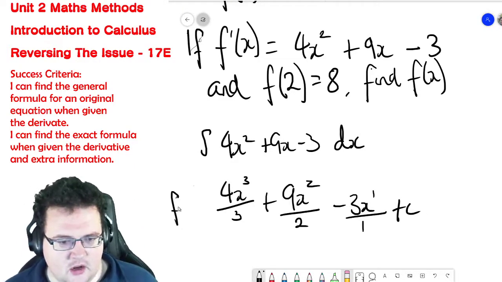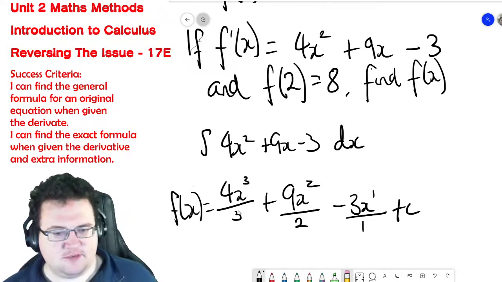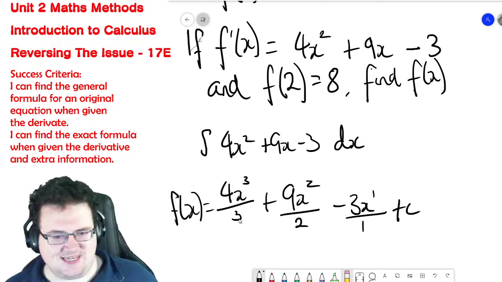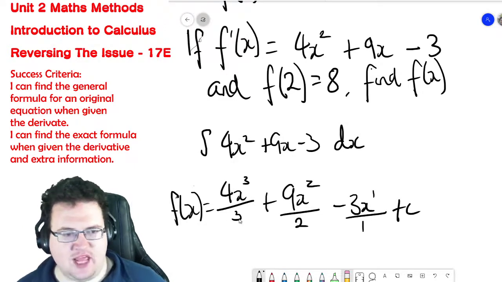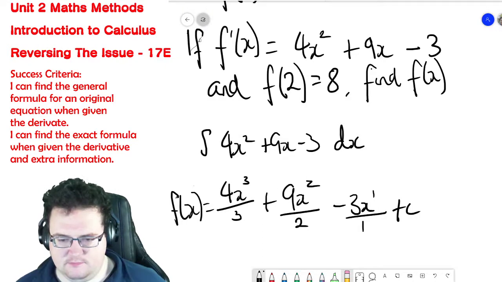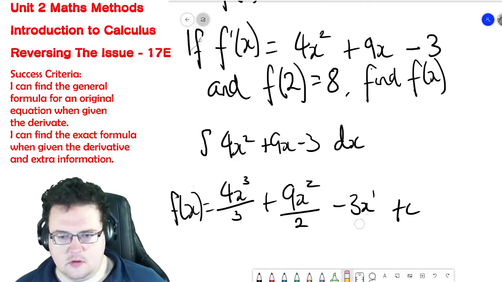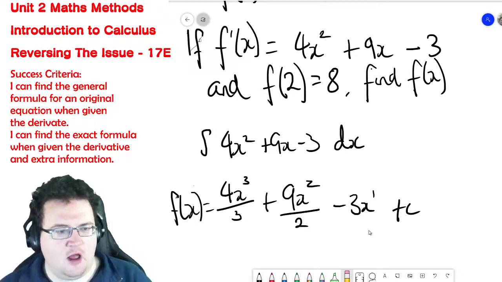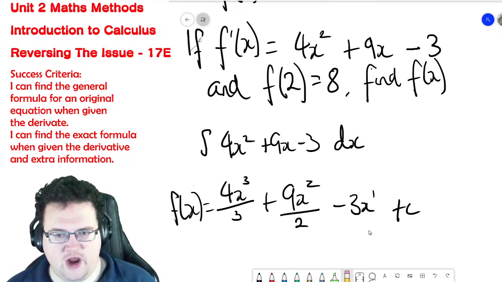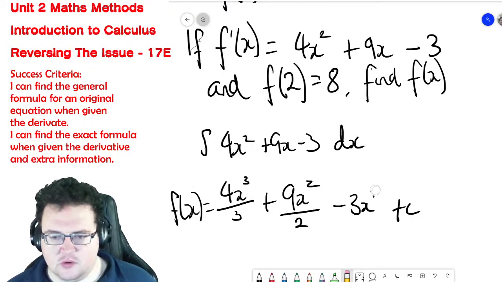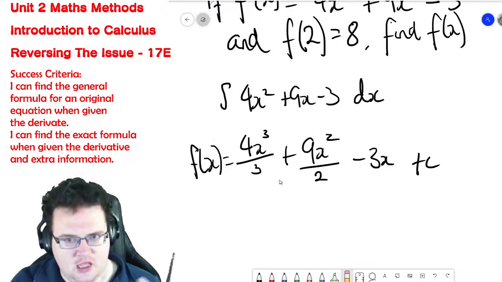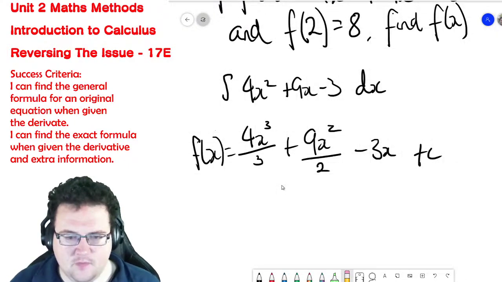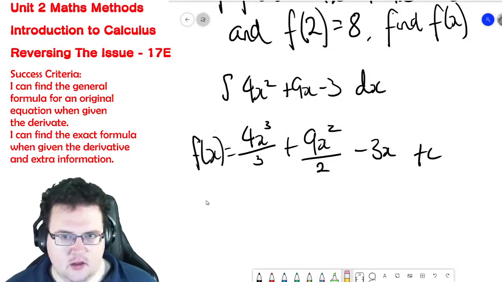So my original f of x at the moment is that. All right, I can't do any cancelling down. Well, I can get rid of that. But I can't do anything else right now. So what I now need to do is use the other bit of information that I'm given. f of 2 is 8. And go, well, okay,